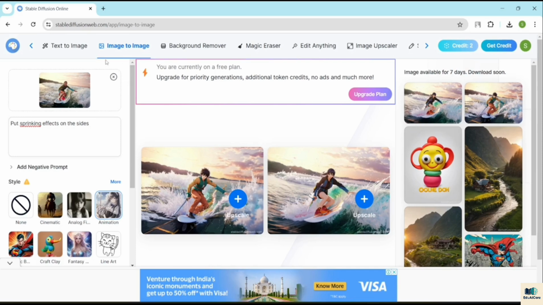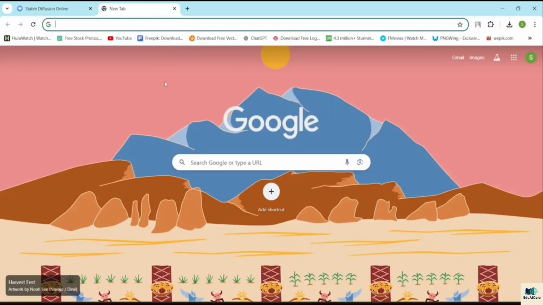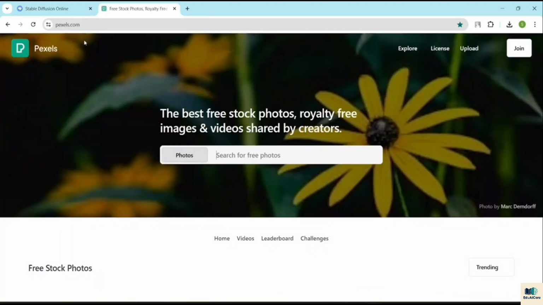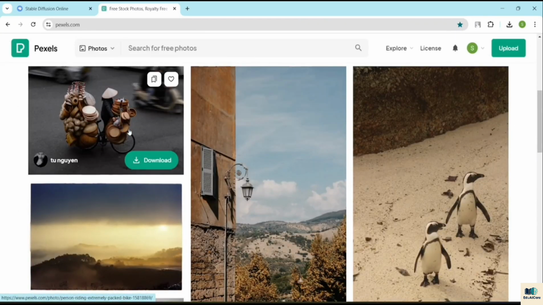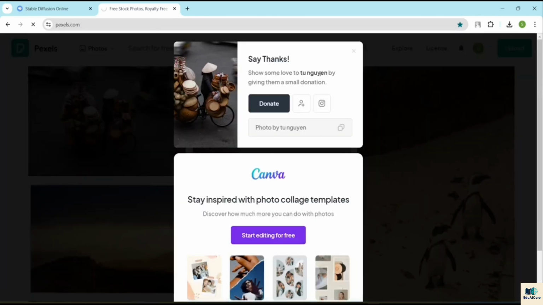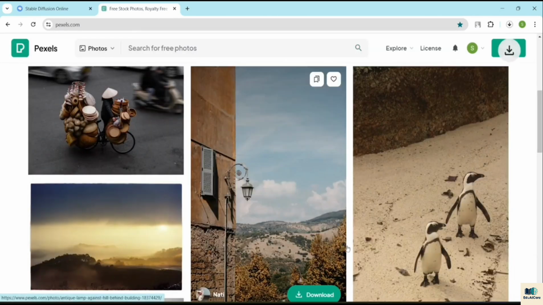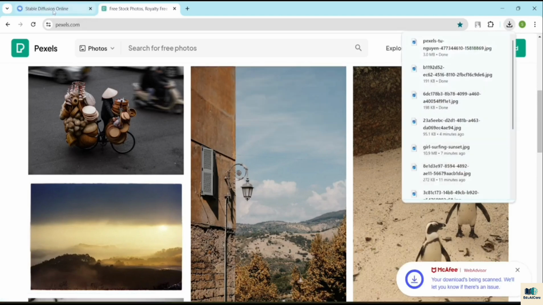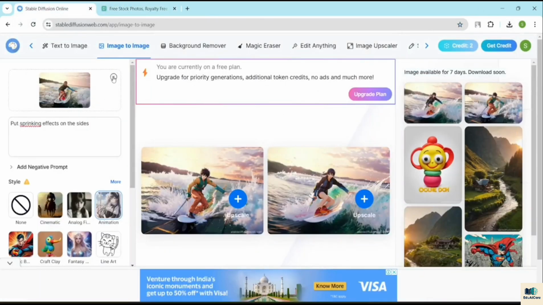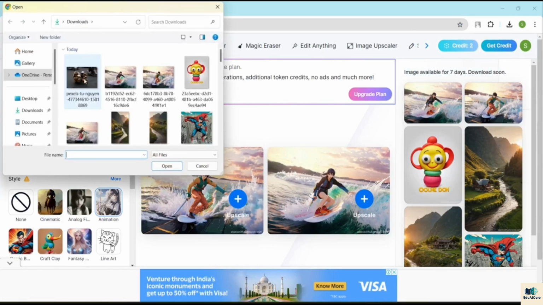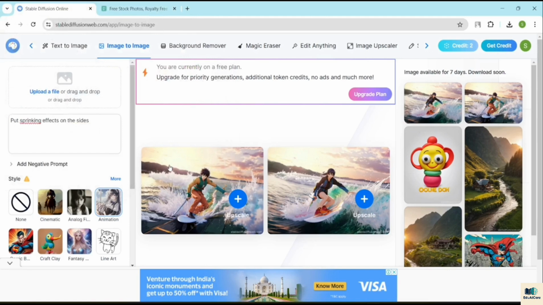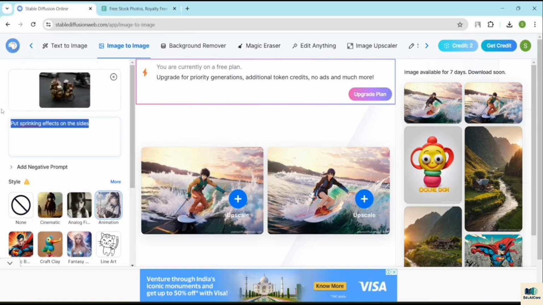And the same way, if you do want to download free images, let's click right over here and you guys can go to Freepik. Otherwise you guys can go to Pexels.com, and from Pexels let me come here and let me just click on download of this particular image. And once you have downloaded this image, let's go to my Stable Diffusion, and over here now I want to drag this particular image. Let's click over here and let's take this particular image,